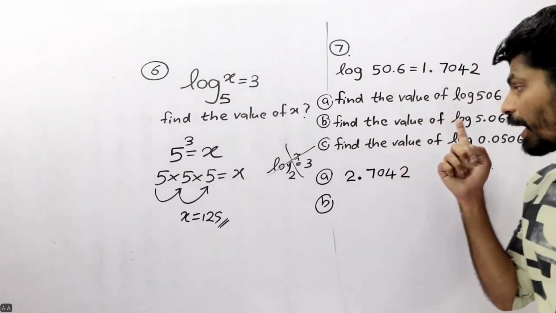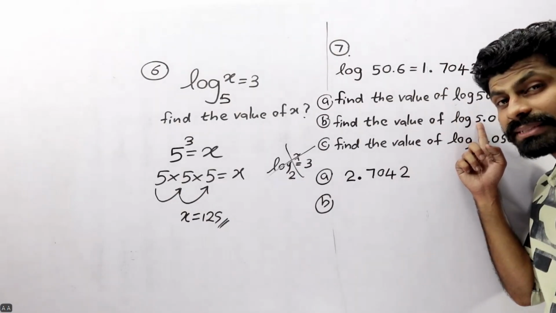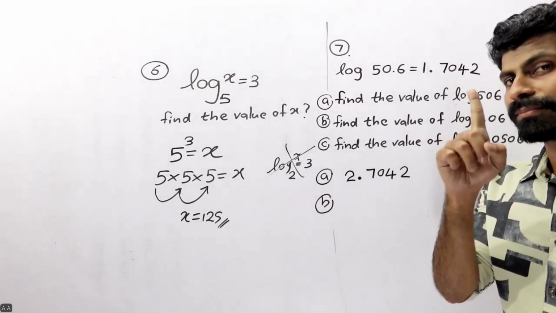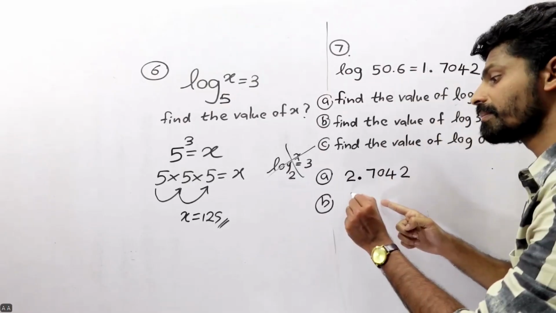How many digits? That means whole numbers. 1, 5 point. 5 point means one number. One number means